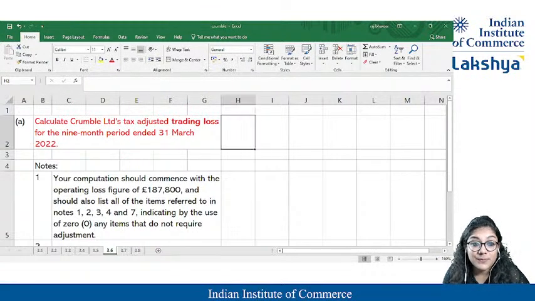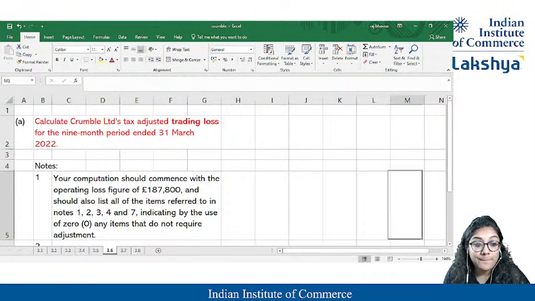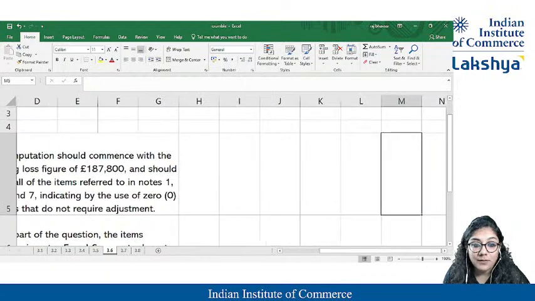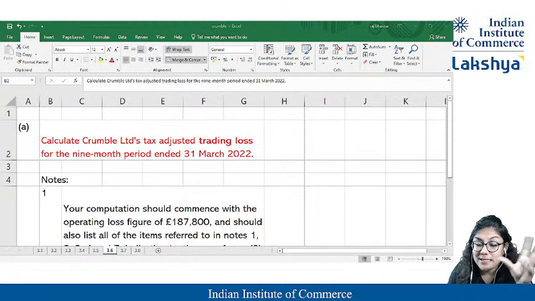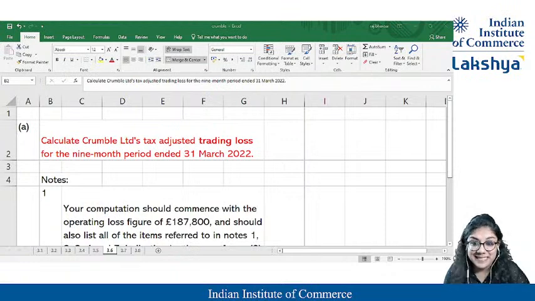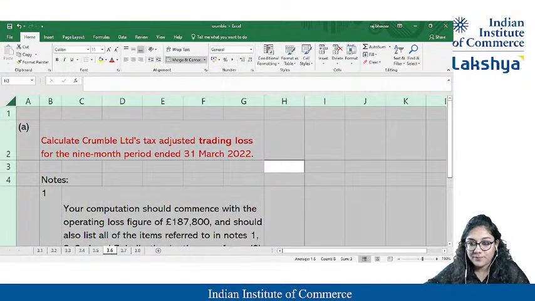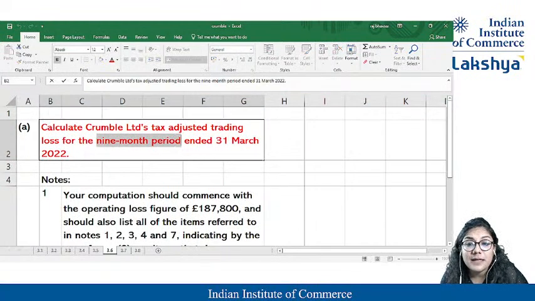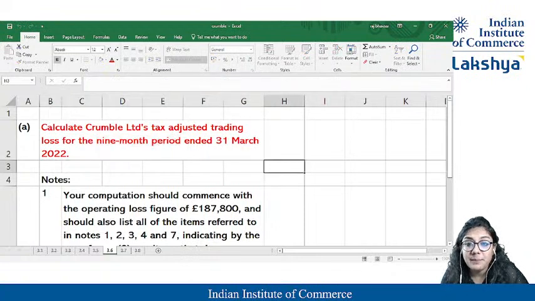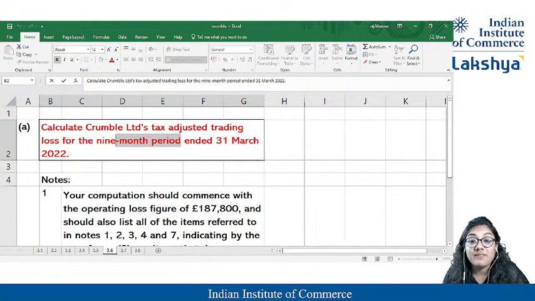The question now talks about losses, guys, so please do take care. You should get some idea when it is a trading loss. Can I adjust the loss against some profits? Let's see that. You need to see that. It is for a 9-month period, guys. That means it's not a whole 12-month period. Now this gives you a hint, students.